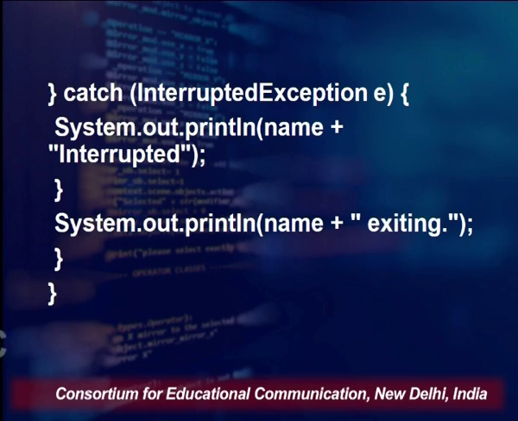This is what we are going to do, and then we have made that thread sleep for, let us say, 1000 milliseconds. And then that catch InterruptedException is there, but here also we have used that variable name and then "interrupted". And the moment one particular thread is exiting, we are going to write the name of that thread plus "exiting", so that we are able to observe the situation or observe the whole status of this